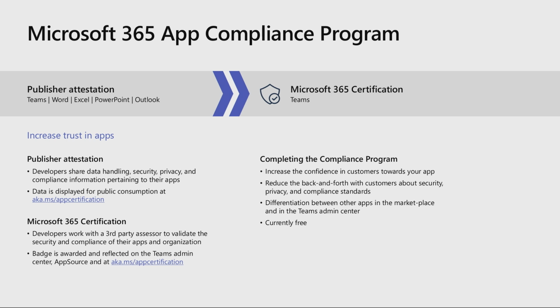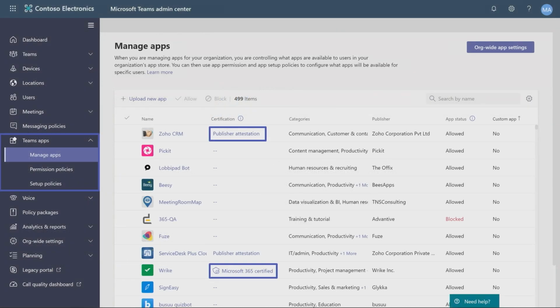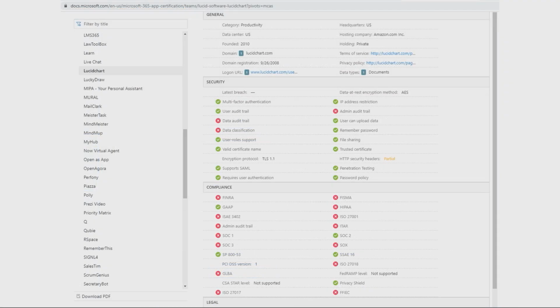So you can see on Teams Admin Center Manage Apps page, admins can easily discover apps which are part of any of these 2 compliance tiers and go to the doc site to learn more. This is an example of how the information from the publisher attestation is reflected on our docs page, including from MCAS, Microsoft Cloud App Security team. The information is laid out in a consistent format, making it easier to understand the security and compliance posture of